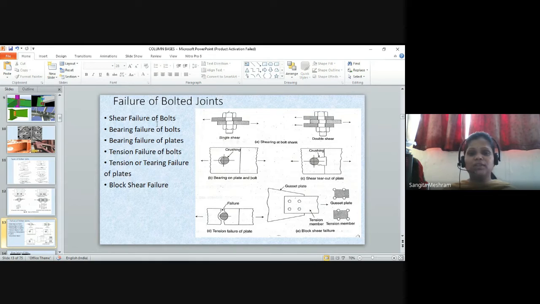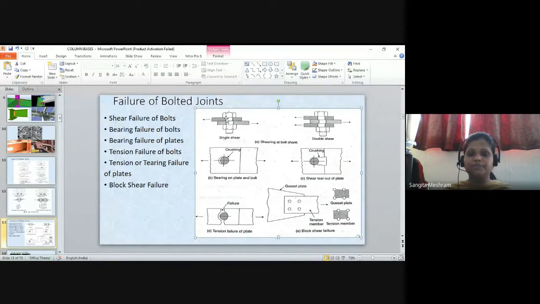Shear failure: we know that in case of a lap joint the forces will be acting away from each member, so if you apply force from both ends, the members will get pulled away from each other. And between those plates the failure occurs, and that is known as shear failure. How does shear failure happen? Parallel to the plate, between the surfaces of the two plates a parallel force is acting, and due to that the members move away from each other. That failure is called shear failure.